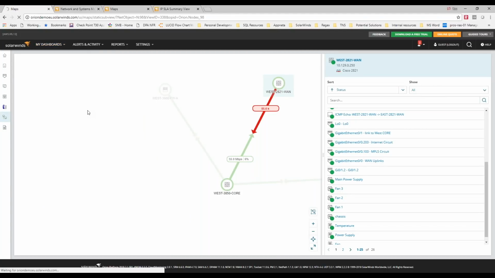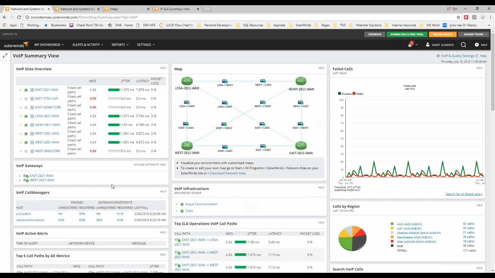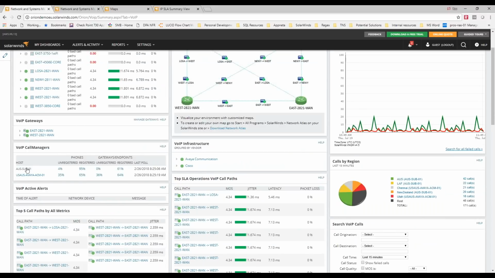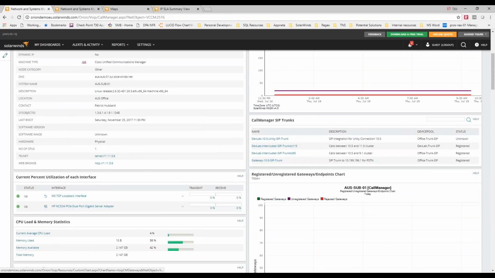Okay, so we'll have a look at the SIP functionality available in Voice and Network Quality Manager. So we're seeing, again, a lot of customers now utilizing in their call manager the fact that they're doing SIP communication. So here I've got a Cisco call manager. If I click into the details page, as I scroll down, you can see the SIP trunk definitions. You can see the information about them, what pool they're in. If I click on one of these,